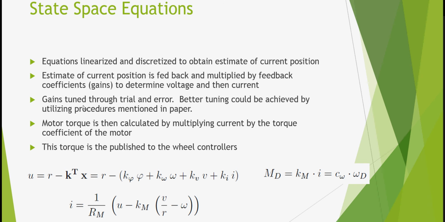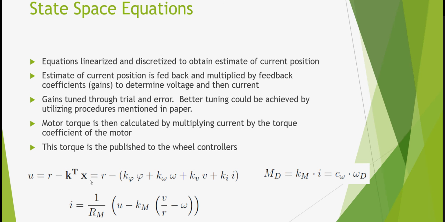Motor torque is then calculated by multiplying current by the torque coefficient of the motor, and then that torque is published to the effort controllers to command torque to the wheels. U here is actually voltage,